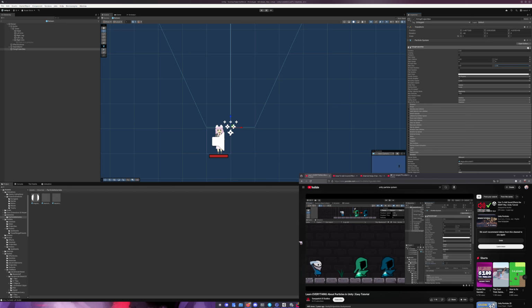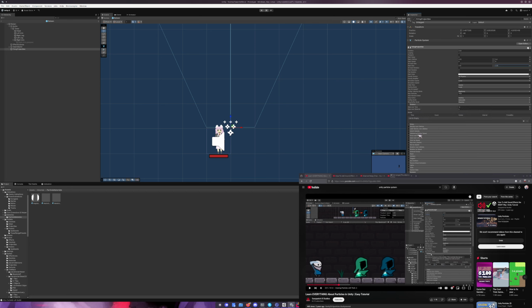Let's zero those out. I actually want to go with a burst. Let's click the plus. And actually these default settings are just fine. I'm just going to uncheck looping because that's getting a little bit annoying. Next, let's define the shape of the particle system and get